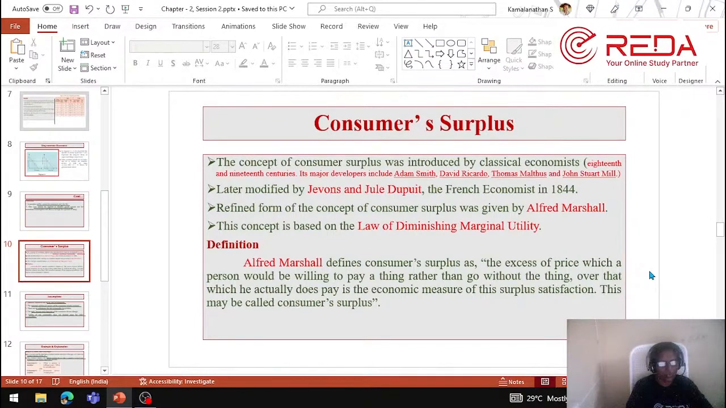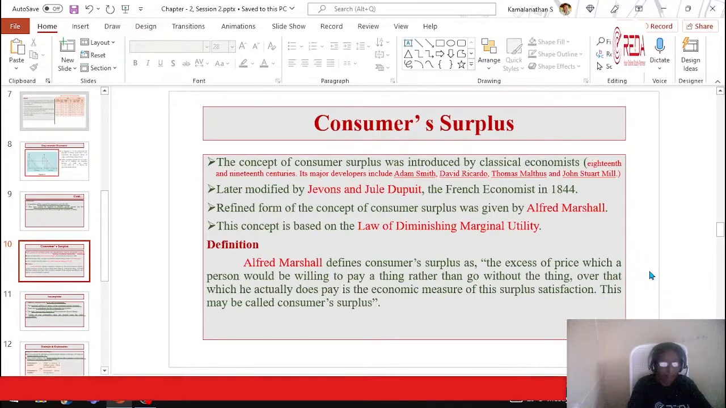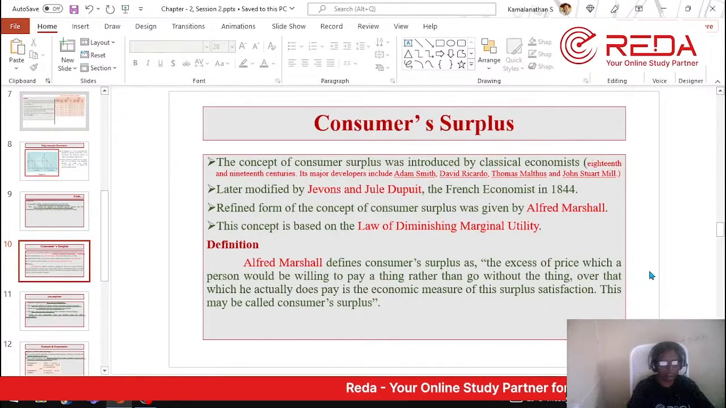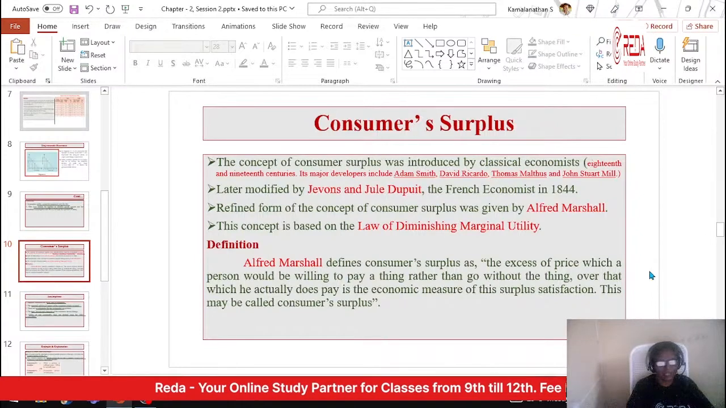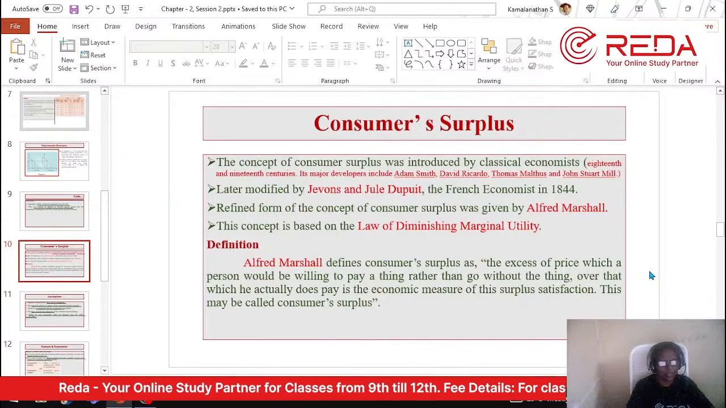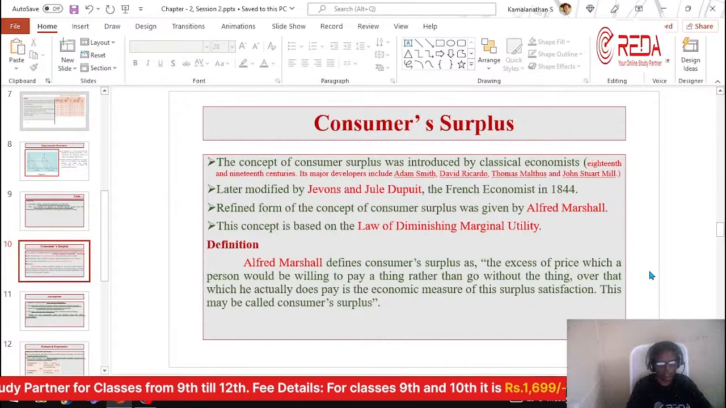Okay, so consumer surplus was introduced by the classical economists. Neoclassical economists are developing the theory actually given by the classical economists, and that development in the theory is only now being implemented by people in the country to improve their economic condition. So consumer surplus was introduced by the classical economists, but later it was modified